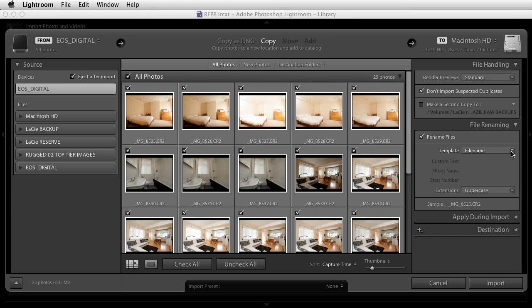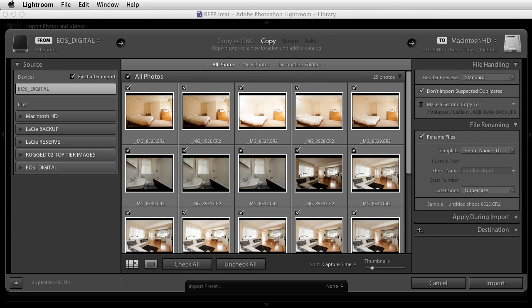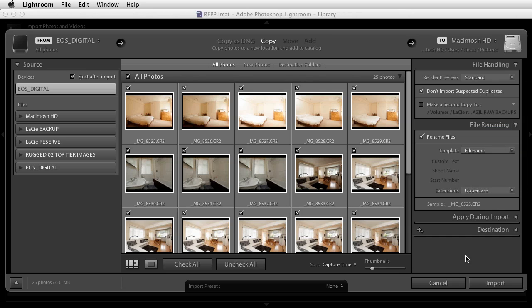But if we access the template editor's drop-down menu here, we can find additional ways of naming our files. So for example, I could go with shoot name and original file number here, which would enable me to enter a customized text to precede the file name, and there's a sample of how the file name would look, which can be kind of useful if you want to source images later on or recognize them quickly. So I advise you to explore those options and see which would work for you,